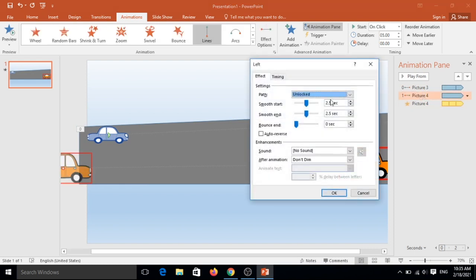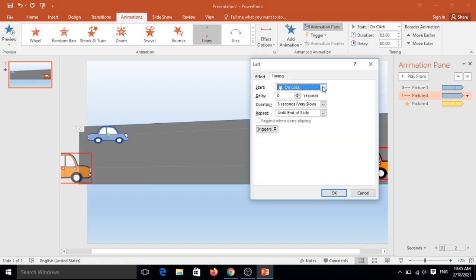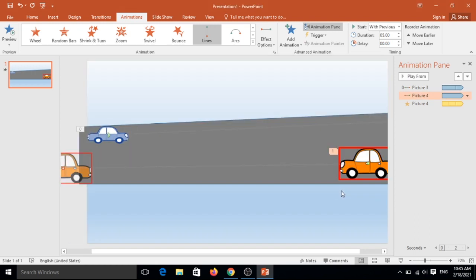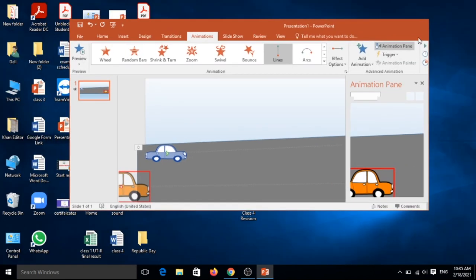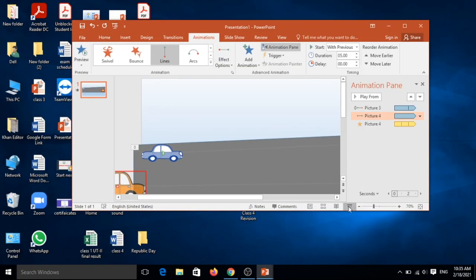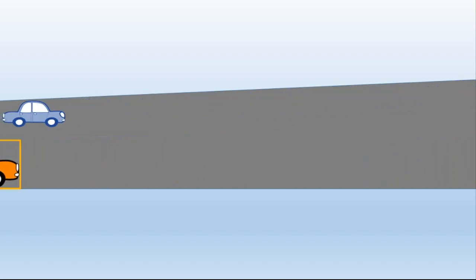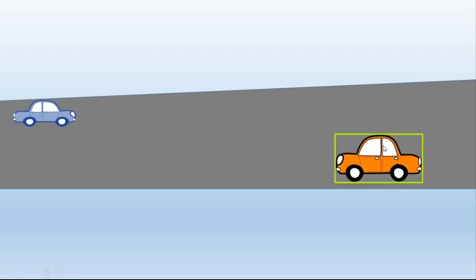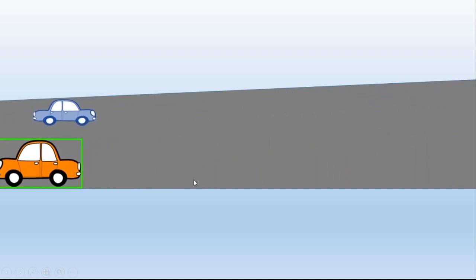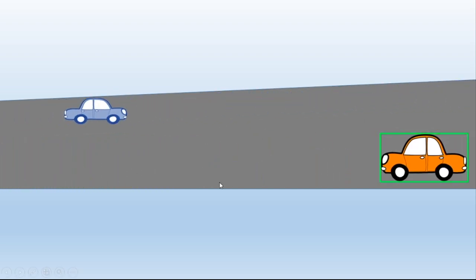Double click on this and click the timing with previous, which means when your slide starts, it will go, and click on OK button. Yes, then after click on slideshow to start. Yes, now you can see easily their color has changed every second. Yes, see the color has changed.